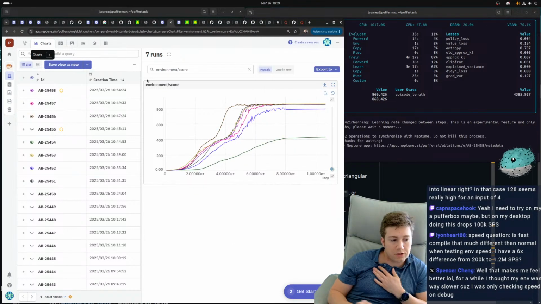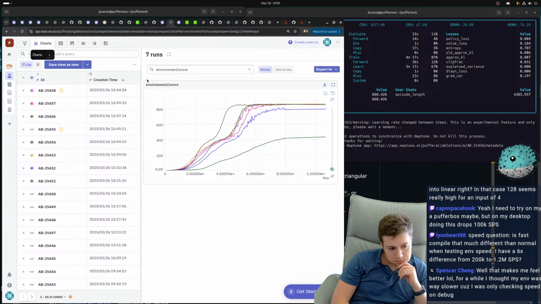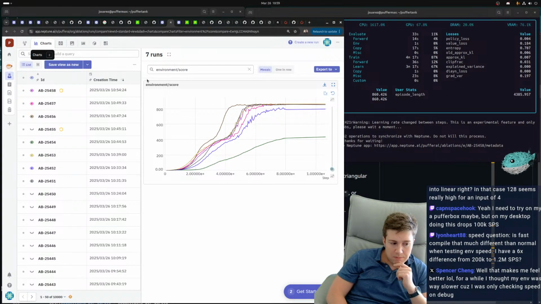I think I've got to implement gradient accumulation next, because this is kind of showing me that mini batch does not behave exactly the way that you would expect.